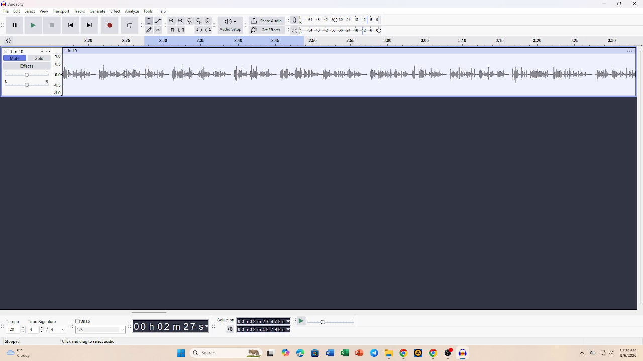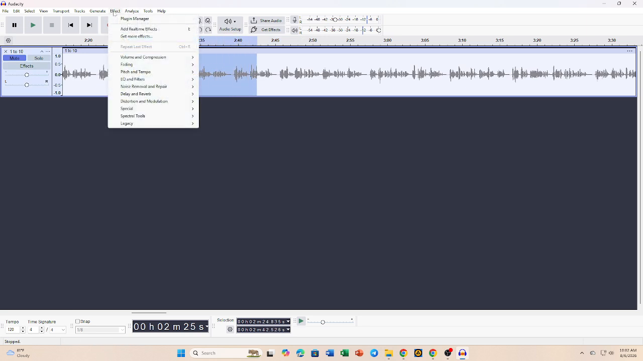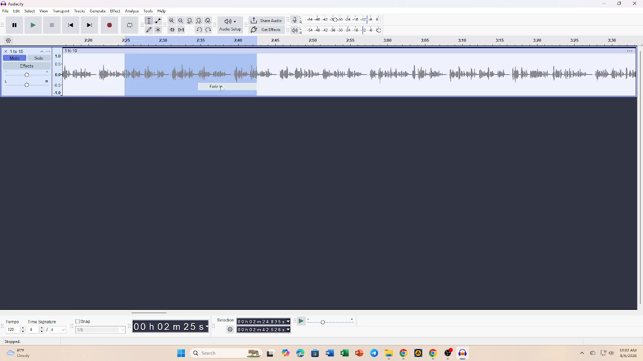Once the section is selected, open the Effects menu and choose the Fade in option. Audacity will automatically create a smooth increase in volume across your selection. Play the beginning of the track and listen to the transition. If the fade feels too short or too long, undo it and select a different amount of audio before applying